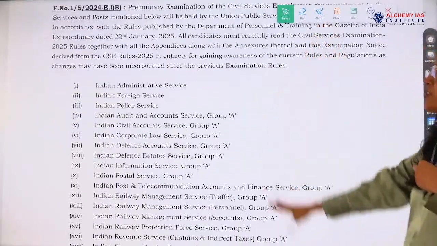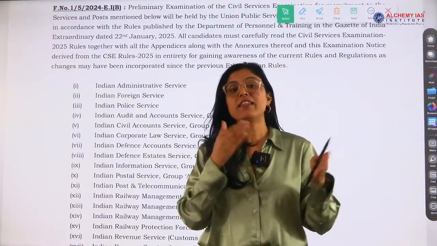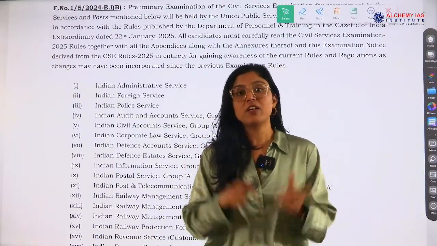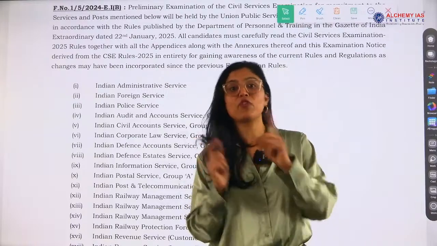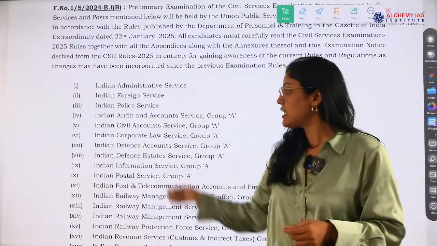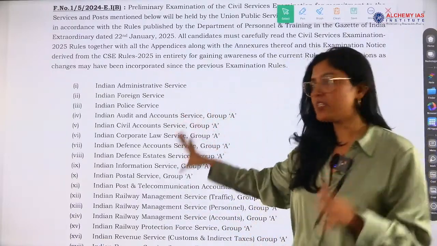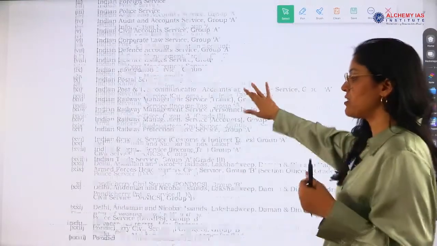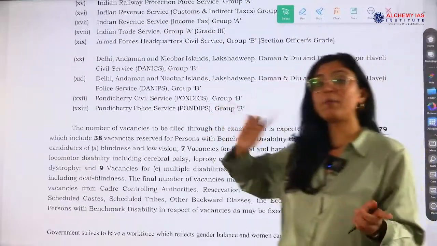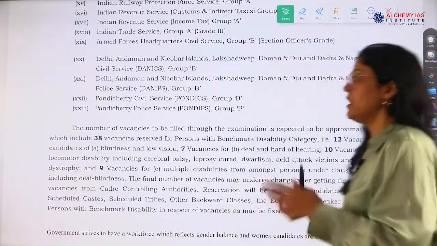These are the list of the services that have been given, because this time, as I said earlier, there will be 4 parts and the third part is related to the DAF. The kind of information we were giving before the mains examination, now you will have to give at this point itself, and these are the services that you have to choose, and you will be giving 1, 2, 3 kind of preferences. So these are the 23 services that have been mentioned and you will be giving the preferences. So we will discuss about the preferences of services also, which service you can choose first or second or third.